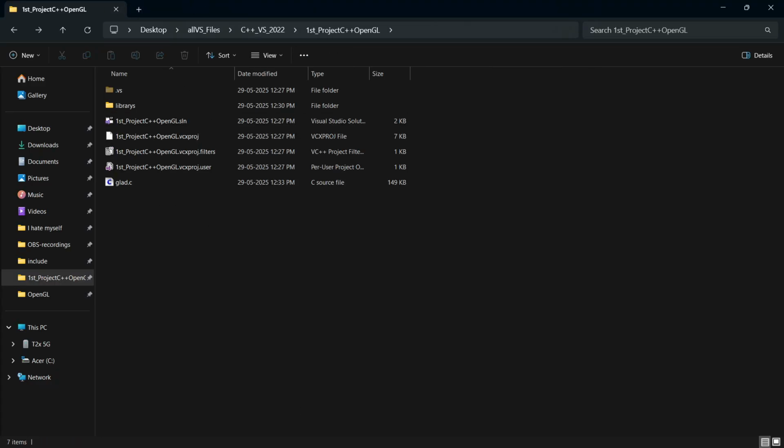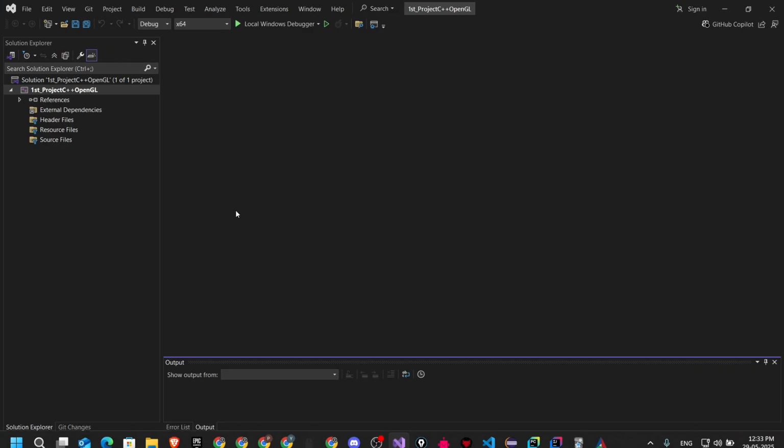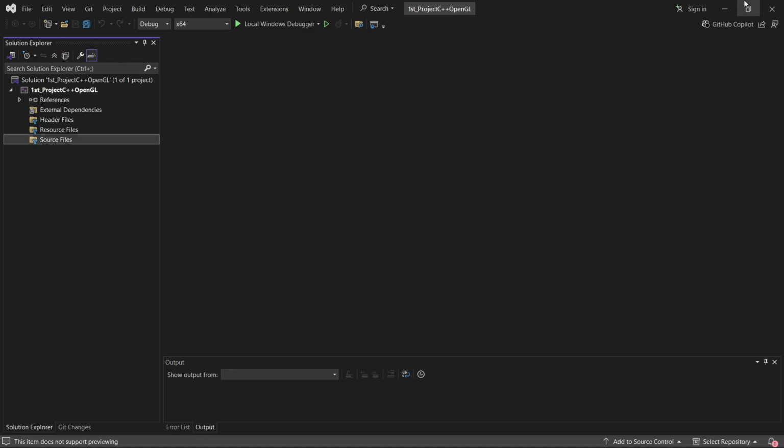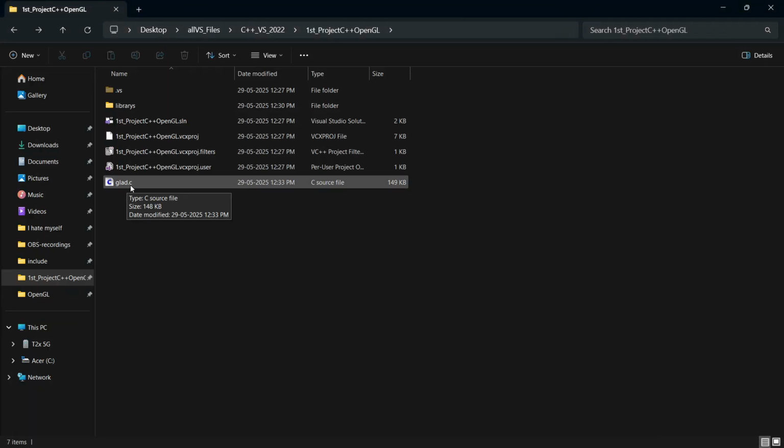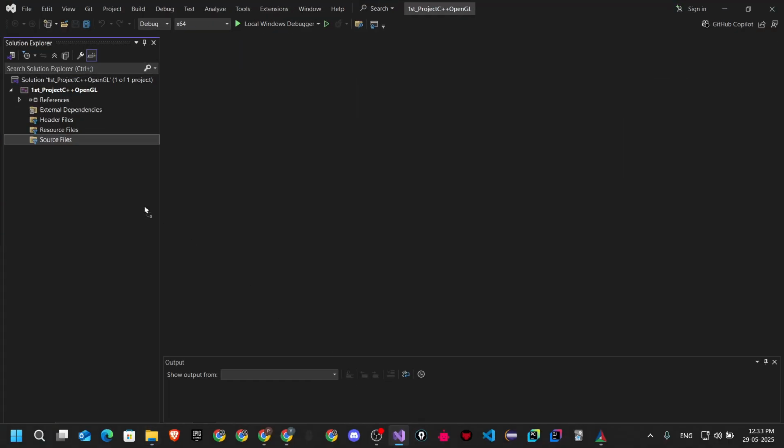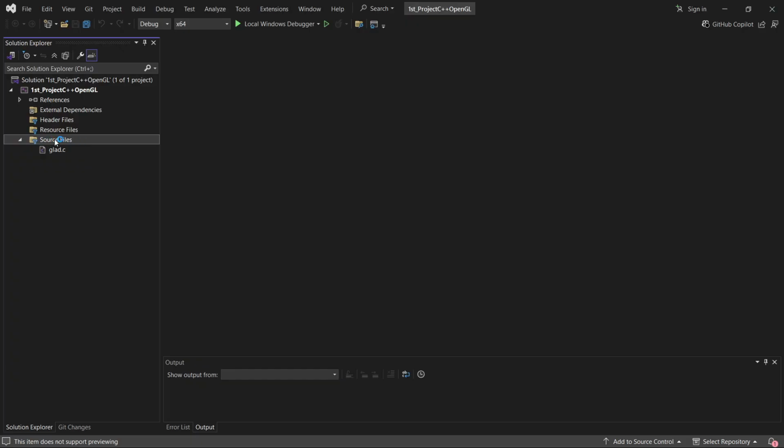Now open the project, and from your project folder, drag and drop glad.c into the source file inside your project. Doing this, just need to make sure this is on 64, and then